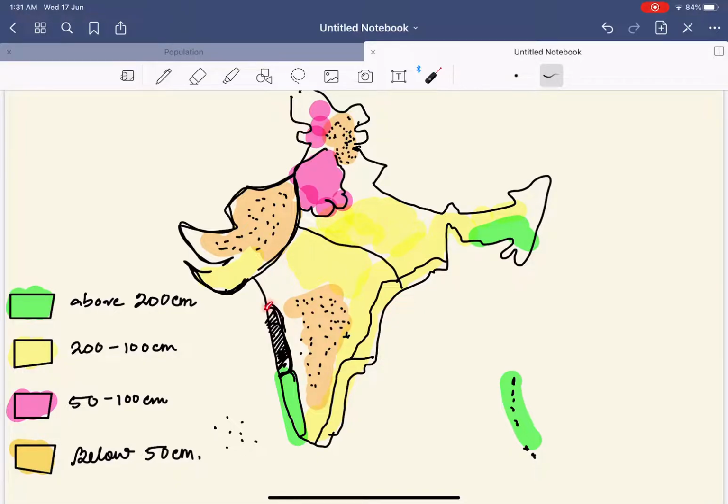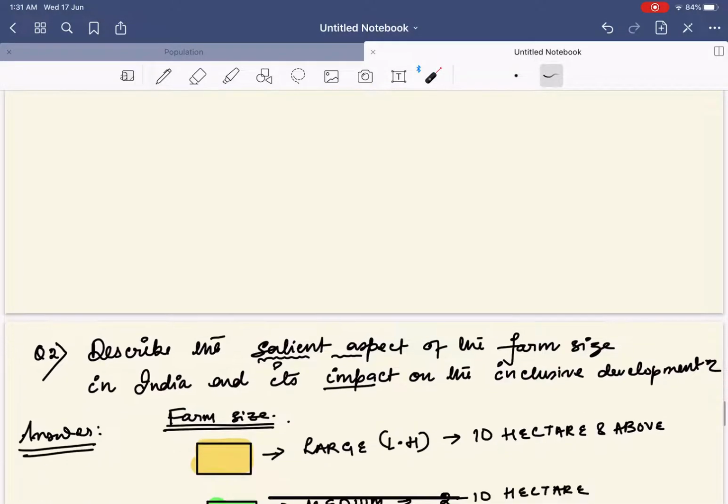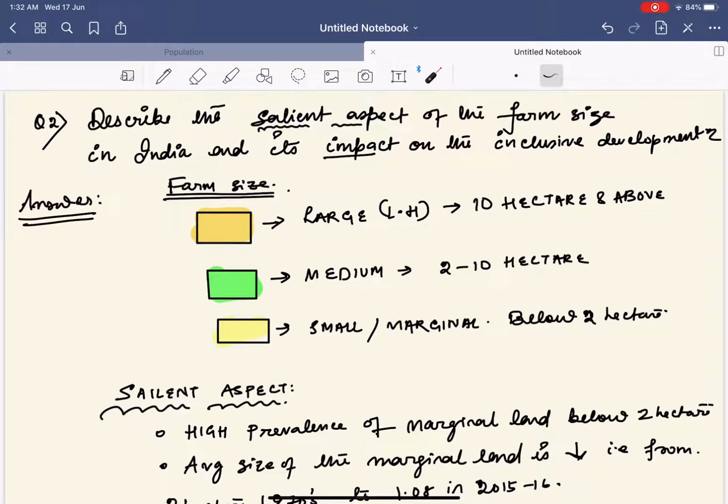You also have to mention the topography, such as the Western Ghats. In this manner, you have to describe the spatial distribution of Indian rainfall. Next, coming to the next question. The question says: describe the salient features of farm size in India and its impact on inclusive